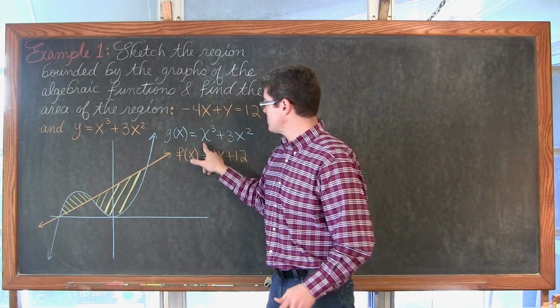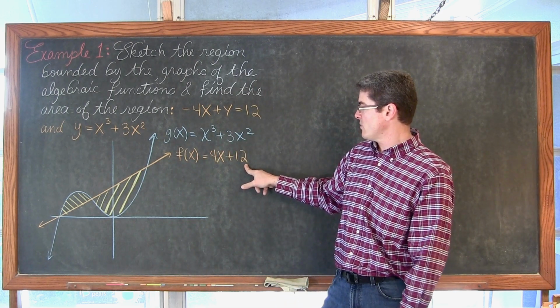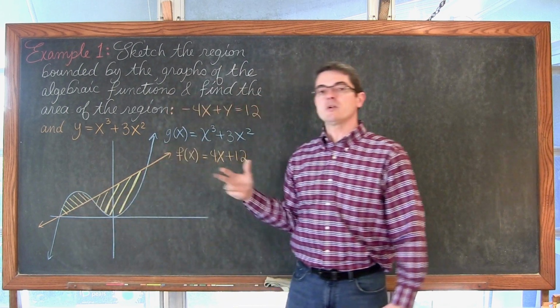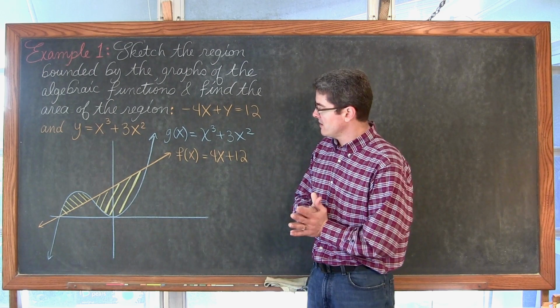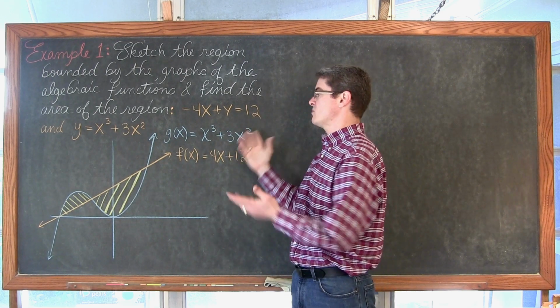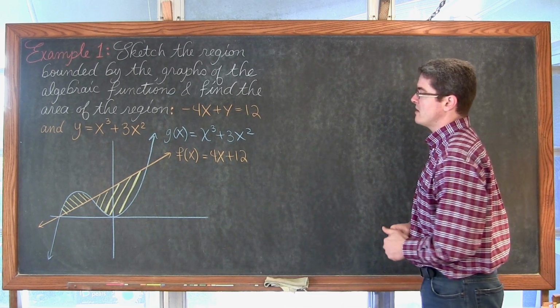I went ahead and sketched the cubic graph for us, and what basically is just a line, 4x plus 12. Hopefully, maybe you'll have this diagram already given to you, or you have the ability to use a calculator to help you graph that cubic function. Otherwise, you're going to have to find x and y intercepts, and remember all those steps we had to go through for graphing polynomial functions.